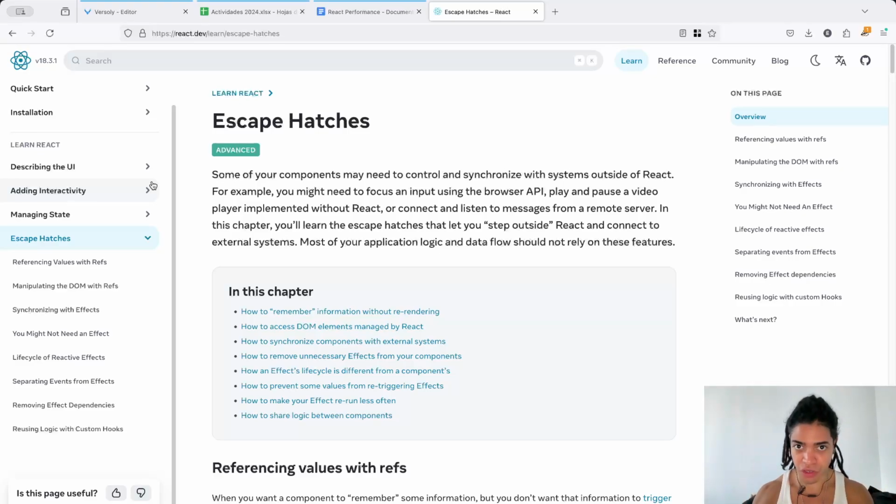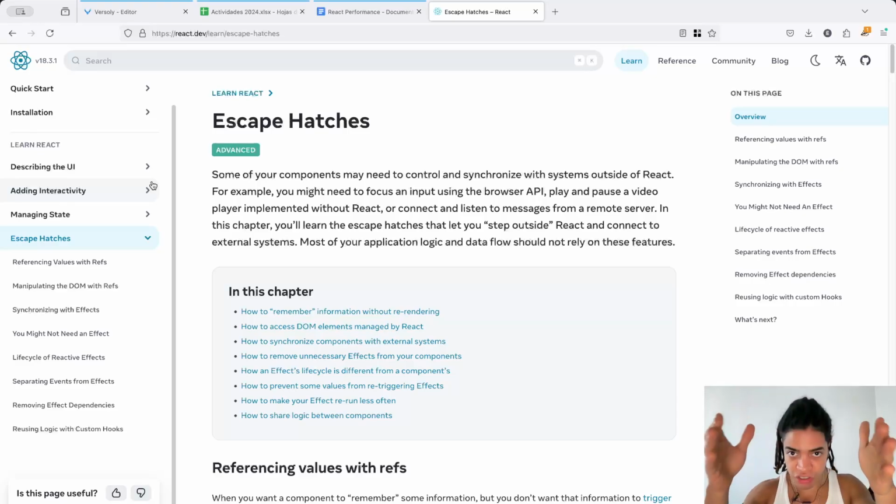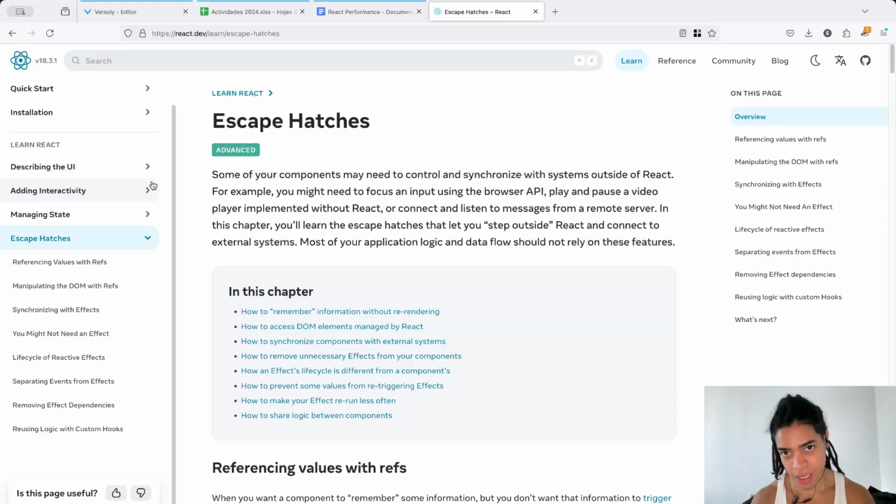How can we make use of the JSX syntax, which is the way you can use JavaScript inside of or with HTML, all right? And how you can connect the JavaScript world with the HTML world using the curly braces,